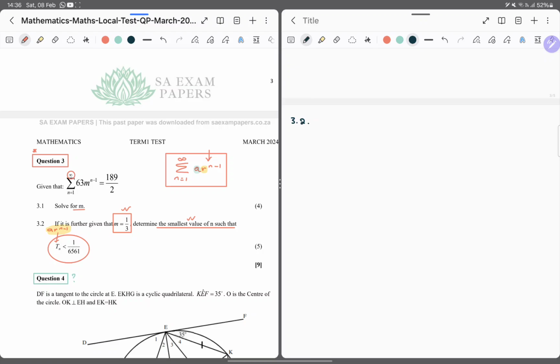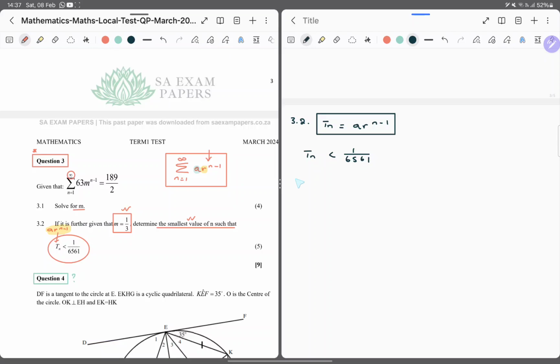Here's the story now. We are given a situation that m is the thing that it is, and we need to find now the smallest value. So this is easy. We want the nth term itself in the sequence. We know that Tn is equal to ar to the n minus 1. This is what we know. But we don't need to write this down. I'm just saying it. All we need to do here is to write that Tn to be less than 1 over, because this is what we are given,